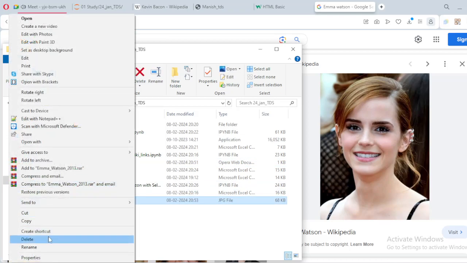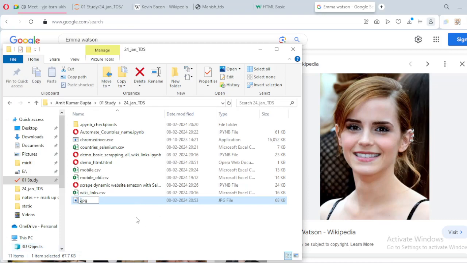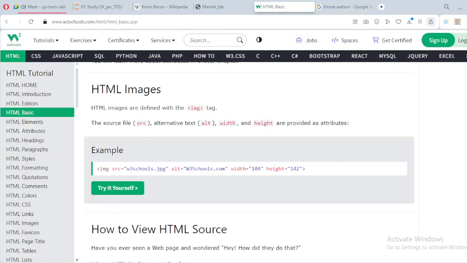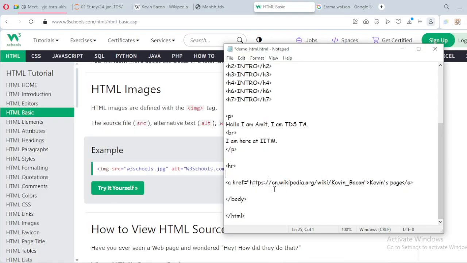Let me rename it. Emma only. Emma. Okay, short name is better. I will show you why. Okay, so let me add an image here. First an HR ruler, because it's good to separate the Kevin Bacon website and